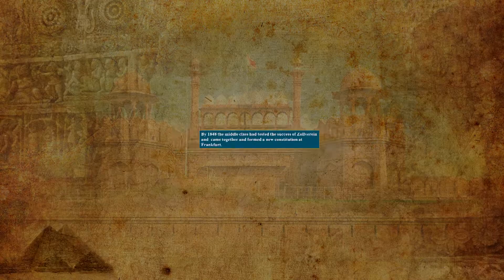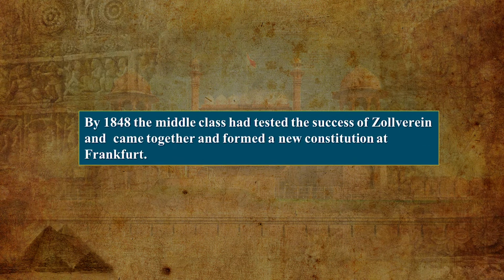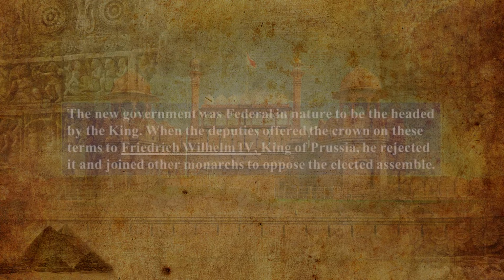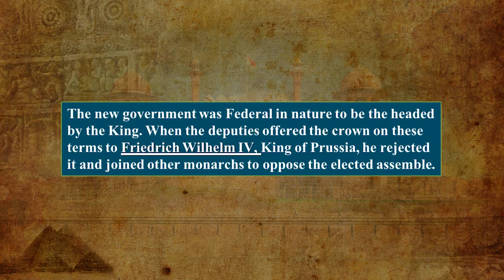And this economic freedom was supported by merchants, traders, and the new middle class. So, Zollverein was the first major step towards the unification process that preceded political unification. By 1848, the middle class had tested the success of Zollverein and came together and formed a new constitution at Frankfurt. Now, this Frankfurt parliament that was constituted did not create another success story, because Frederick William IV rejected,